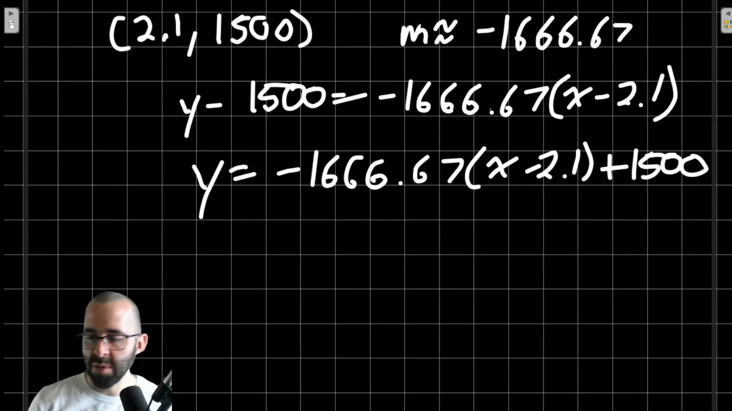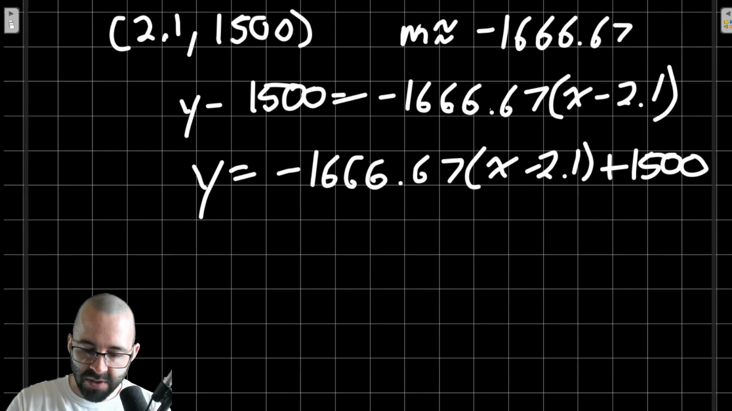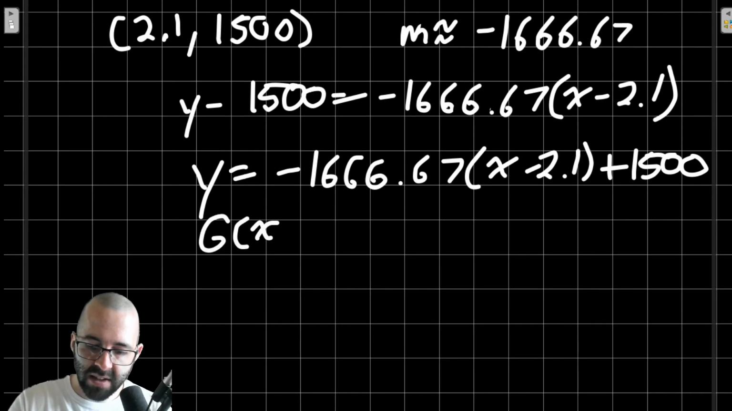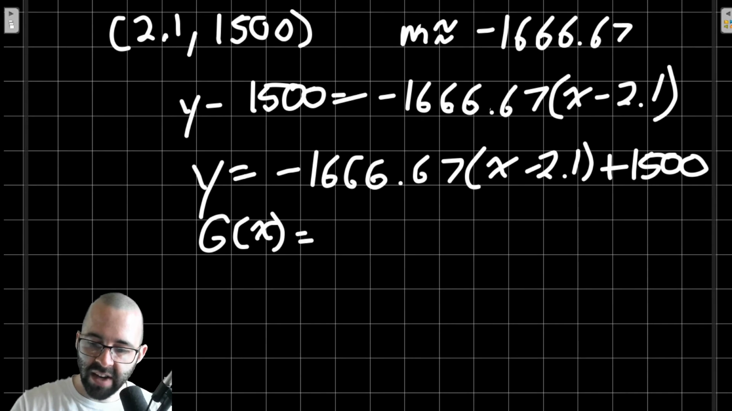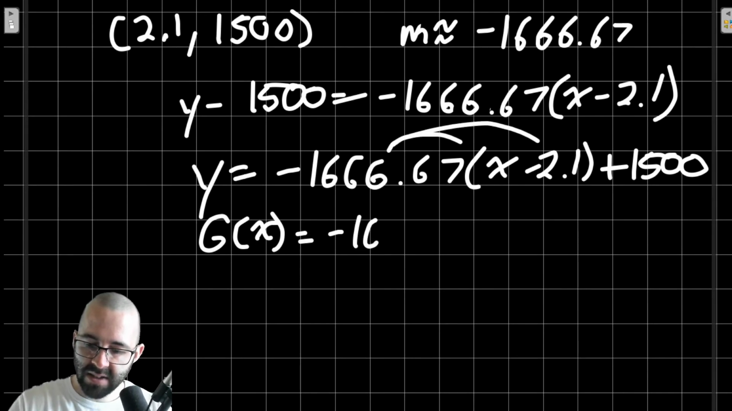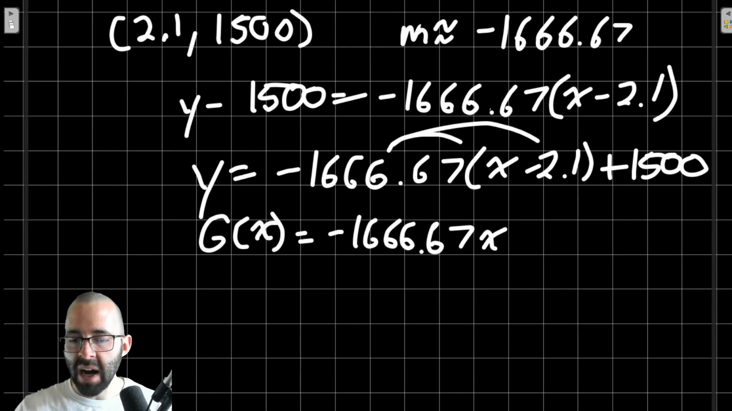It's not fully simplified. If you really want to simplify it, that would be best. So let's simplify it and express it in terms of g of x like it wanted. We're going to get g of x. If we distribute this, we're going to get negative 1666.67x, and then minus that other term, and then plus 1500,